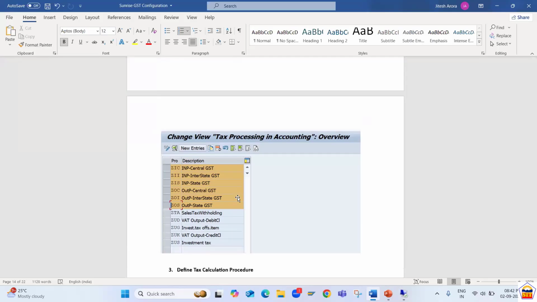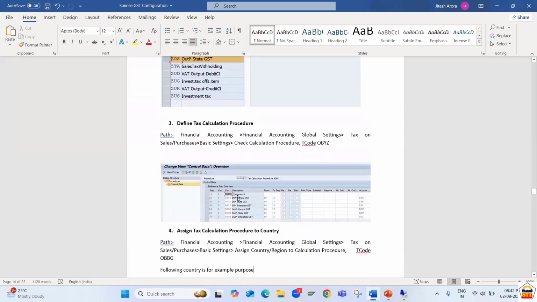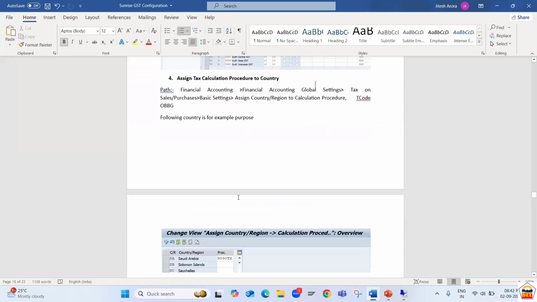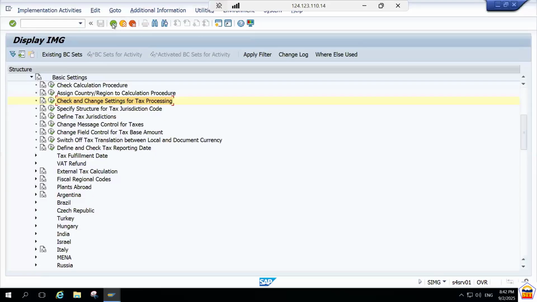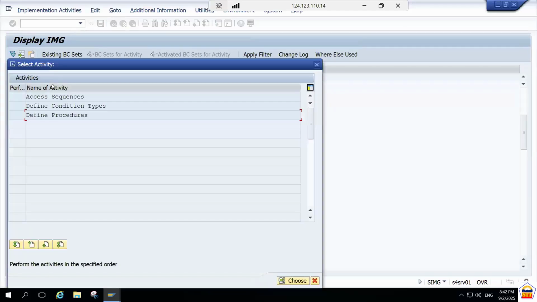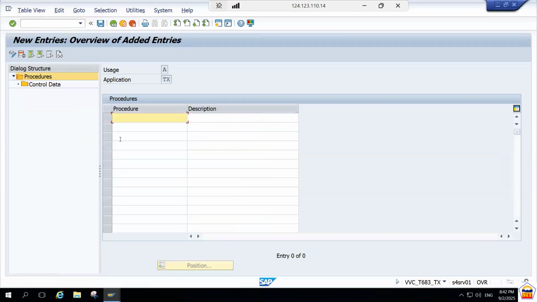So we can now map these account keys to our condition types, and for that we need to create a new tax calculation procedure. In order to create this new tax calculation procedure, we can go back. Once again, double click on calculation procedure and double click on define procedure. Click on the new entry button. Here we can give the ID as